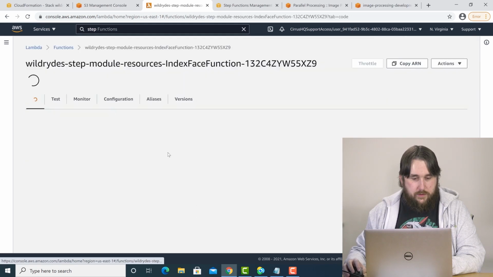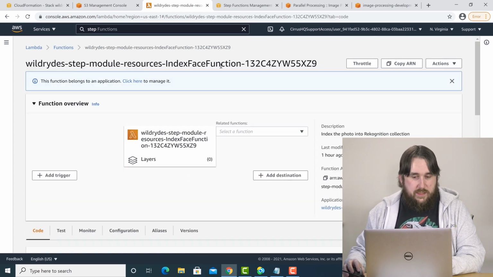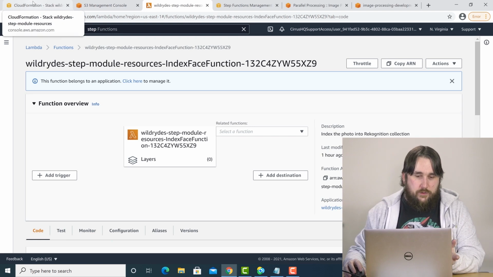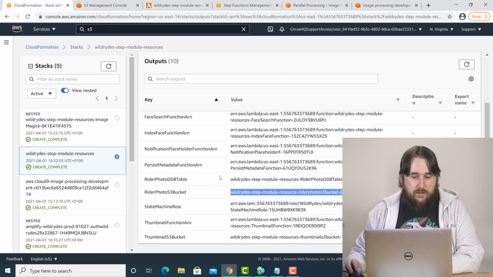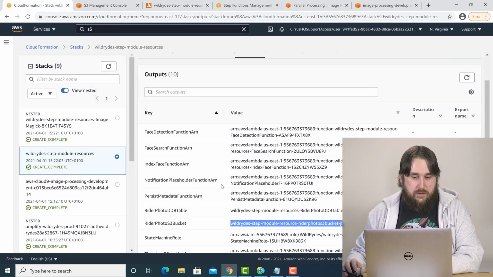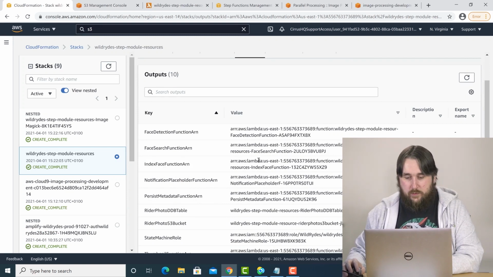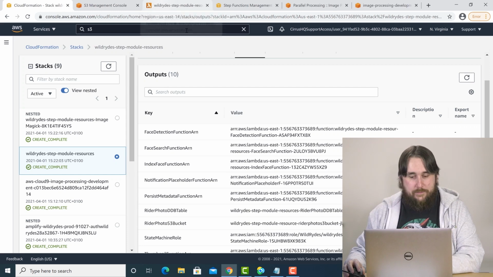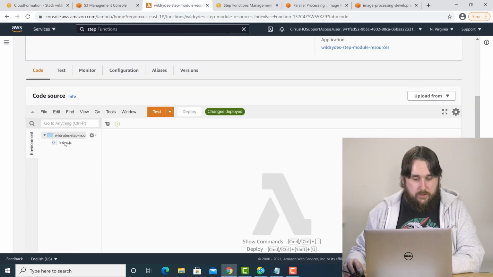Okay, so that'll be our resources index face function. So again, if you're starting to find the Lambda, the list of Lambda ARNs are in the CloudFormation. So the index face function ARN, the full details are there, and you can paste that in. So if we have a look at this one,